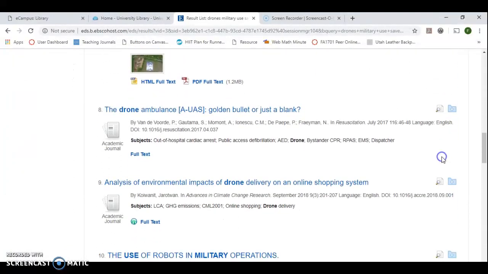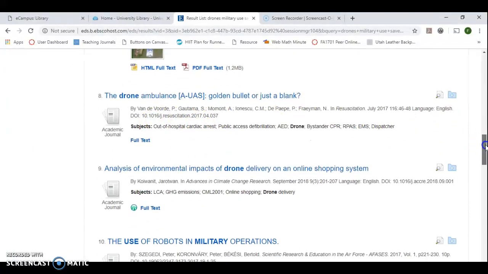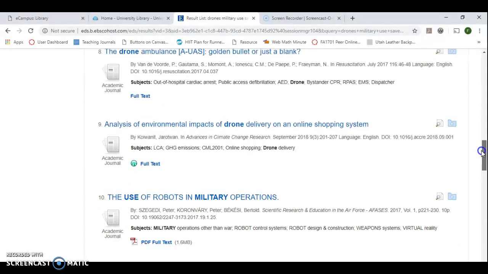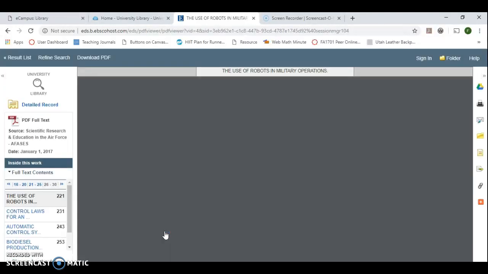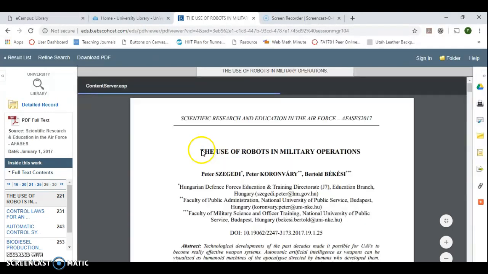Okay, so I'm going to click on one. Like I said, some of these really don't seem to be quite relevant, but let's say the use of robots in military operations. There's probably going to be something about drones in there. Okay, so I'd have to search, but when the full article comes up here, I do want you to know,